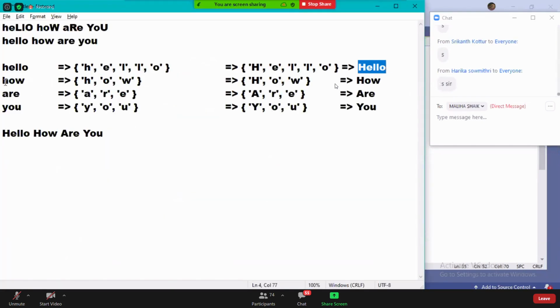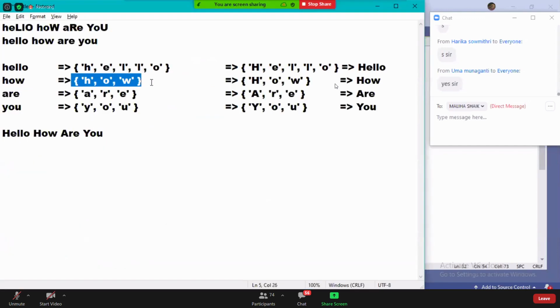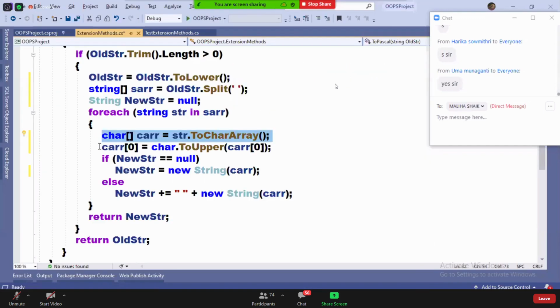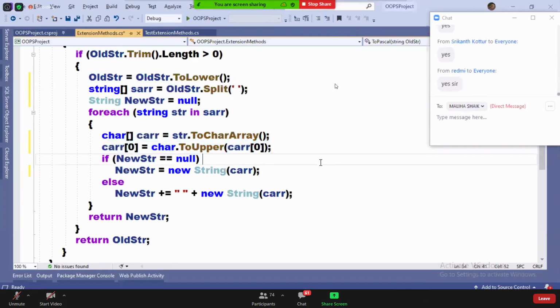Now the loop runs. What will come now? How. How is broken into a character array, and the first character is converted to uppercase. Now this should be converted to a string and concatenated to hello. Am I right? What did I do here?